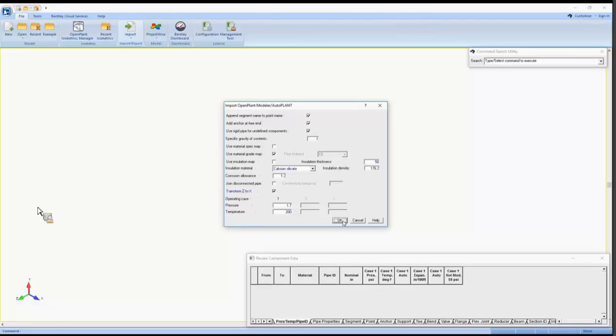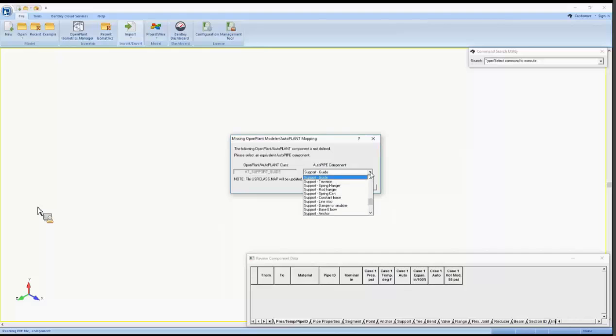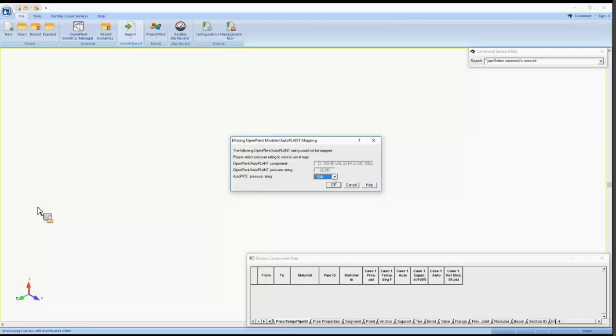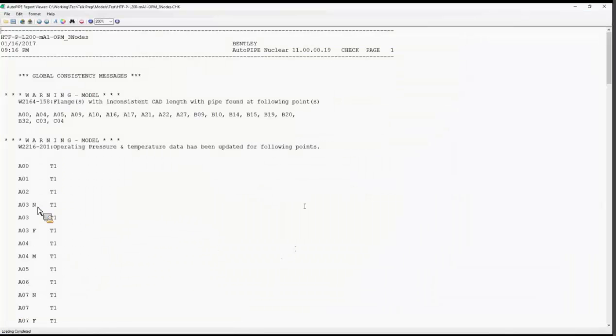Next, we'll see that some mapping dialog boxes pop up. The user can set the material to be used for piping, the type of supports that will be selected in AutoPIPE for a specific support name in the PXF file, and the pressure rating to be used for valves and flanges in the model. The import will be processed and the user has the opportunity to review any warning messages